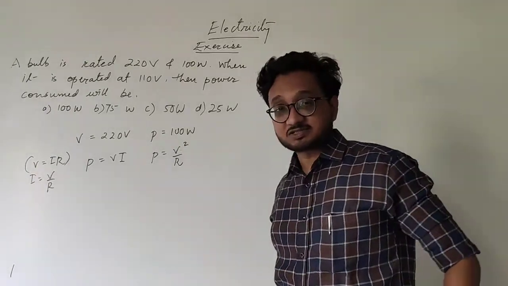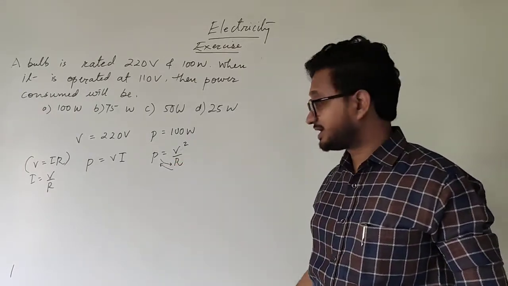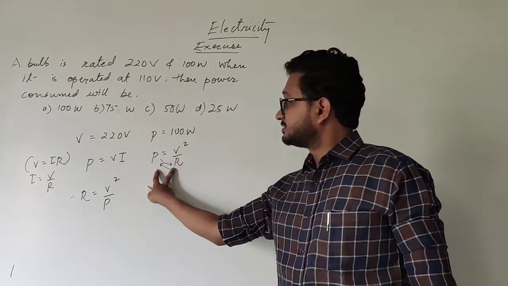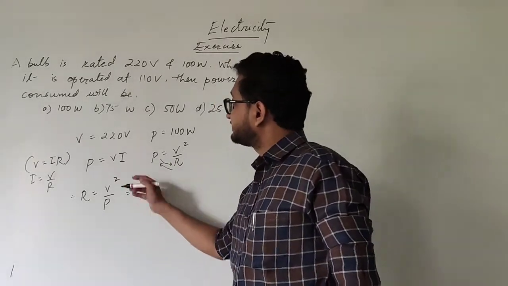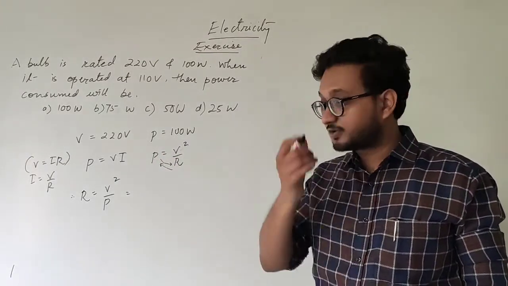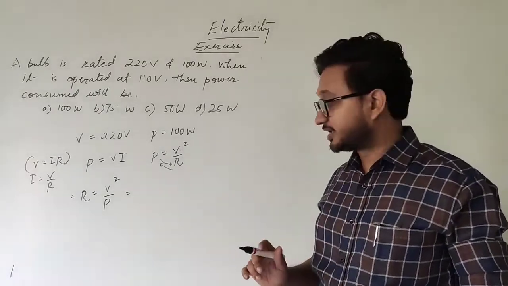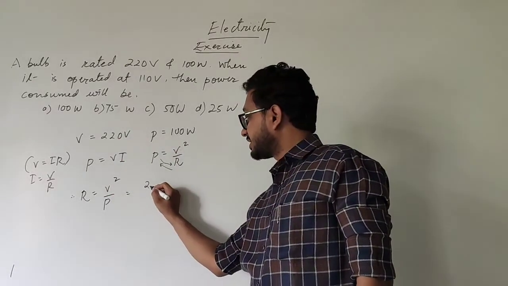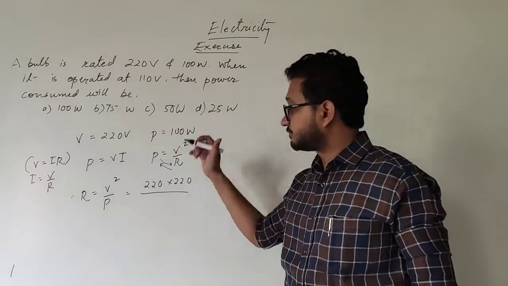So the formula for power is P is equal to V square by R. We need to find the resistance. So multiplying R with P, and P comes down in the denominator. So the next thing that you get is R is equal to V square by P. That is simple cross multiplication. What is the value of potential difference? 220 volts. We are finding the resistance because the resistance remains constant, if you remember. If you find the resistance, then we can find the current as well, but we don't need to go there, you will see in a minute. Substituting the value of potential difference in V square by P, you get 220 into 220 by power, that is 100 watt.